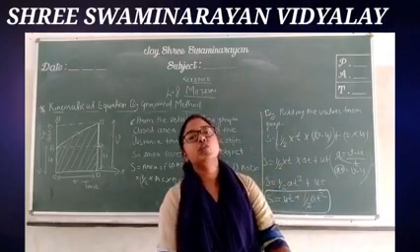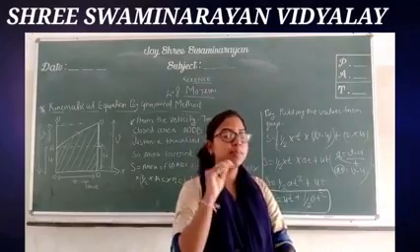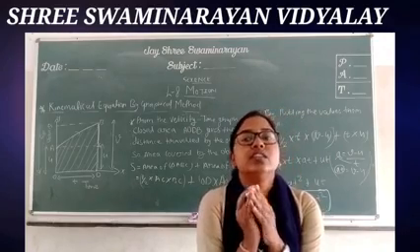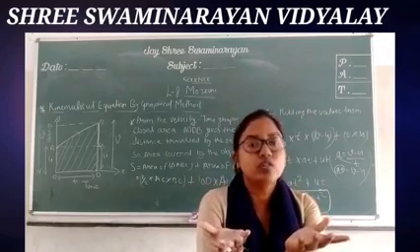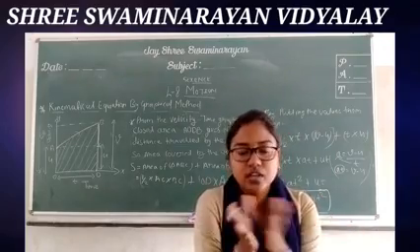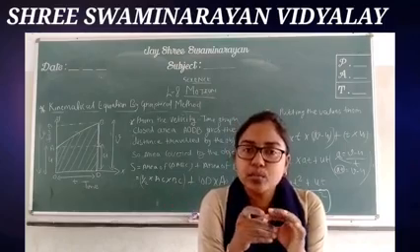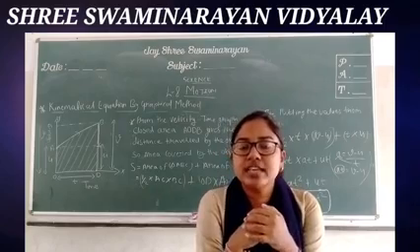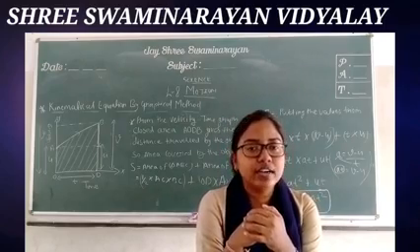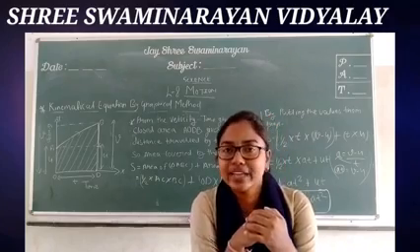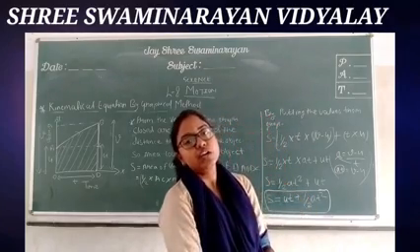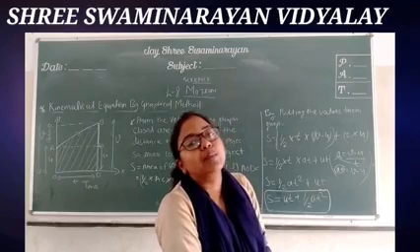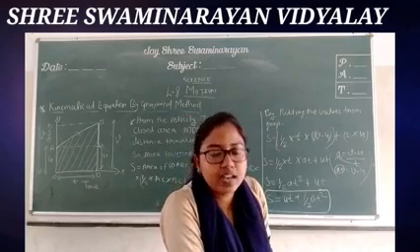And then we have studied the main topic of that chapter, that is kinematic equations of motion. This is, I can say, the backbone of mechanical physics. So those equations are very important. First one, that is V is equal to U plus AT. Second one is S is equal to UT plus half AT square. And third equation is 2AS is equal to V square minus U square. And these three equations were derived by the algebraic method as well as by the graphical method.